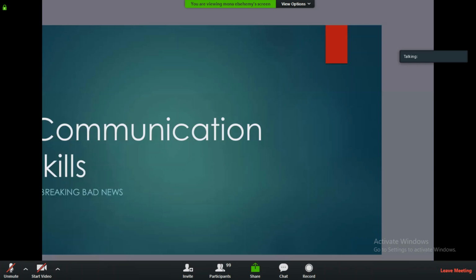Autonomy is the patient's right to accept or reject treatment or investigation based on fully informed consent. Beneficence, which means do good for the patient. Non-maleficence, do no harm to the patient. Justice, which means all patients have the right to receive the same quality of care regardless of any issue, whether financial, ethnic group, or social status, or whatever. There are some issues related to these topics, but I'm going to tackle them in their place.